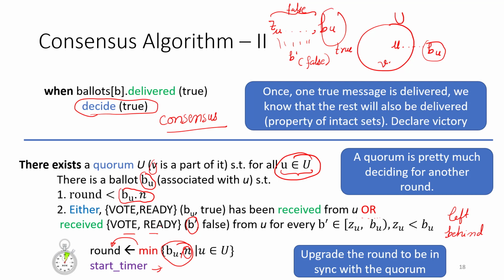But what you do is you realize that, given that all the nodes are not making progress at the same rate, a node basically realizes that it has fallen behind, mainly because the round numbers that all the nodes in the quorum, including it, are using is much higher than the value of its round state variable. So that is why it increments its round and starts a timer.